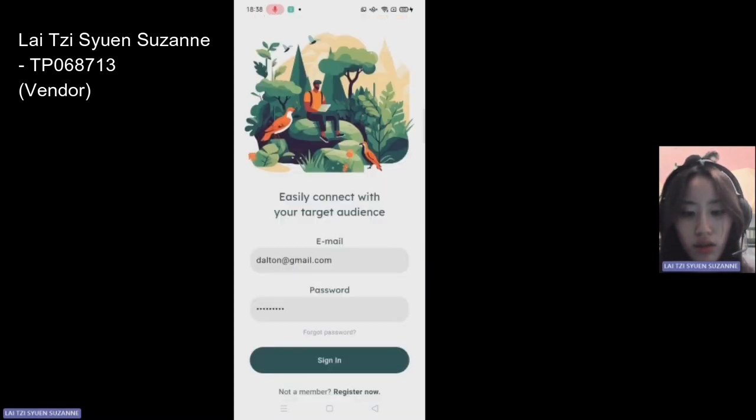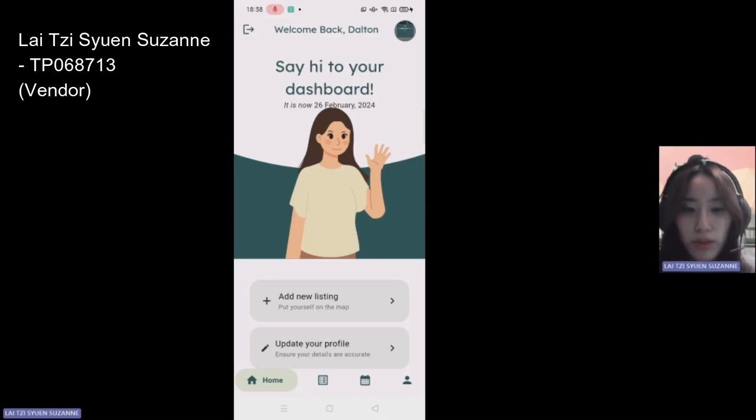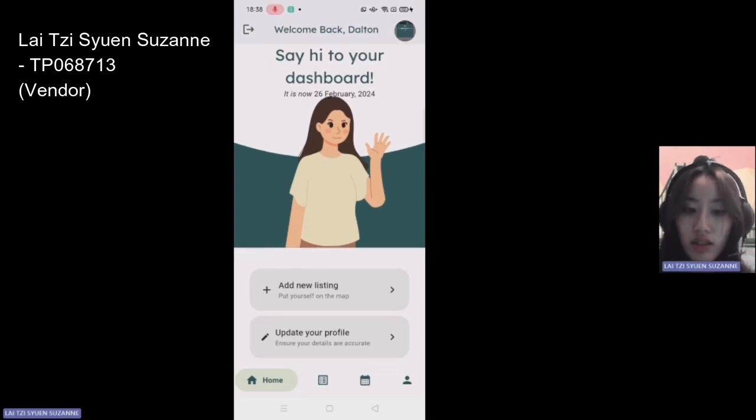It's going to load and bring you right into your dashboard. On the app bar right here, you can either sign up. It's going to welcome you into the application, as well as have your profile picture displayed up on the right side. It's going to say hi to your dashboard. It's going to tell you the date of today, as well as give you shortcuts to add new listings or